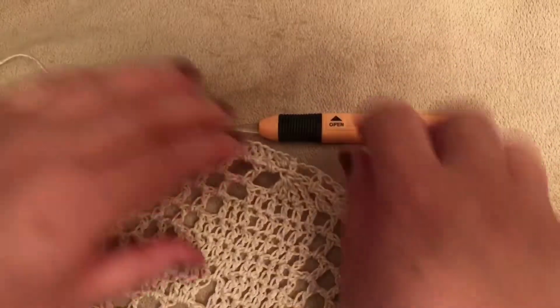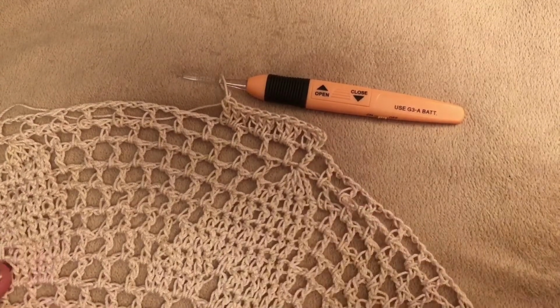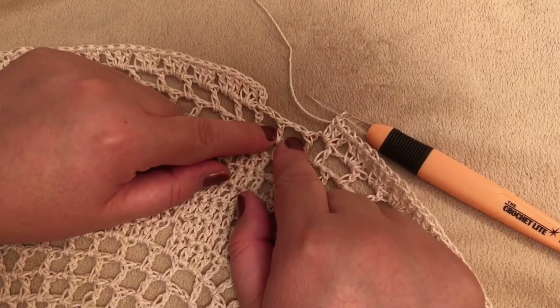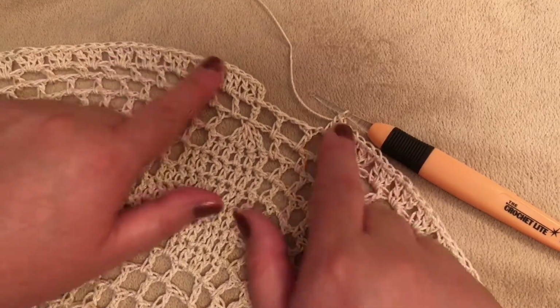And we're going to go ahead and work that all the way around. In every single space, we're going to work 3 double crochets, and I'll meet you back here. I'm coming up on my last 2 spaces here. And if you're happy with just having this as a border, 3 double crochets in each, you can go ahead